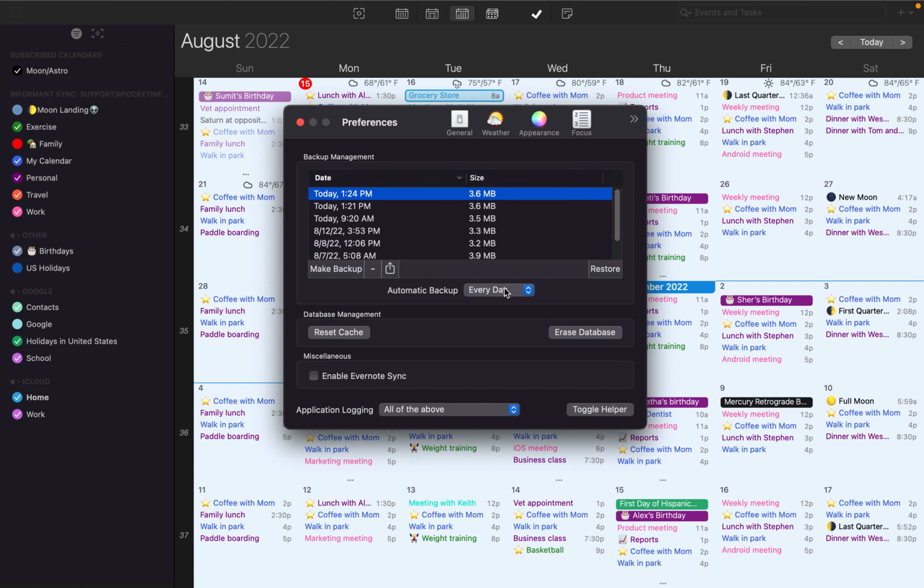Mac. You can also choose how often you are going to automatically back up on this Mac by selecting these arrows right here. You can create a backup on your Mac by tapping backup and just do a manual backup right then. You can restore a backup by selecting the backup that you'd like to restore to and then tapping